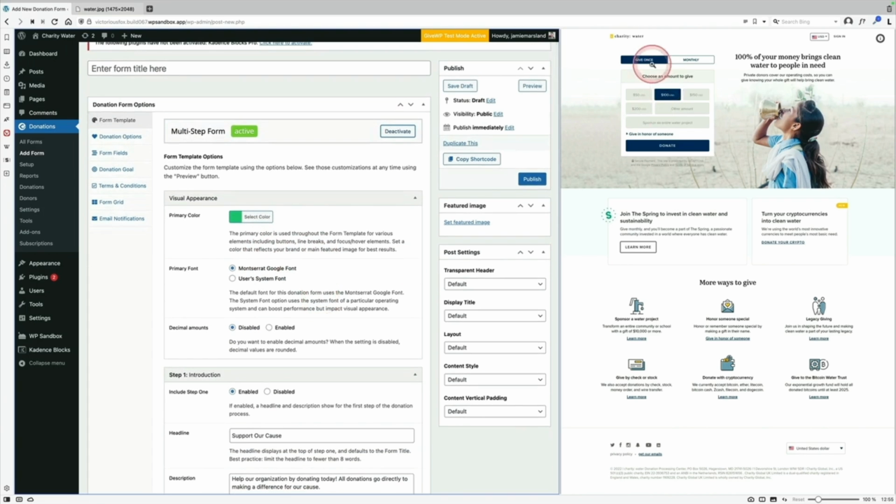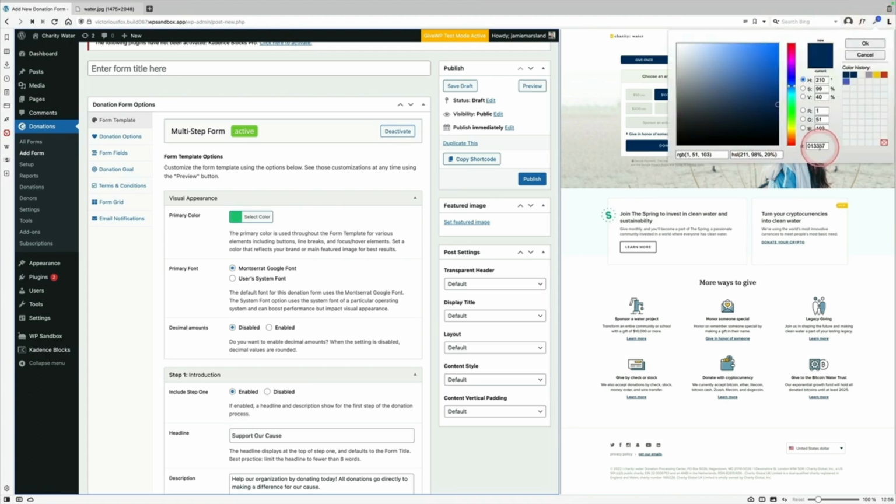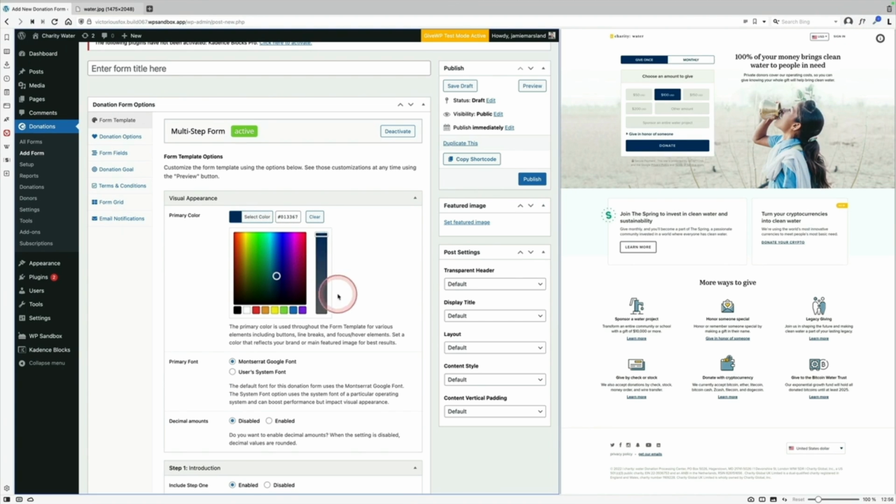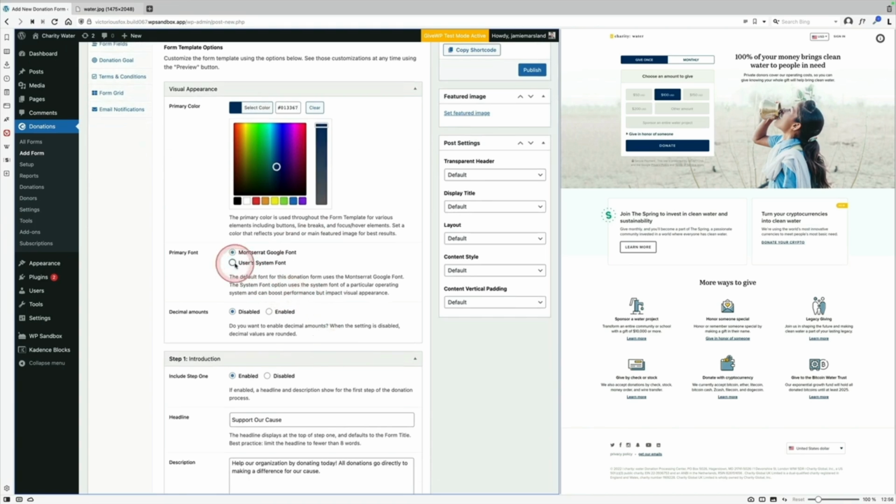So I'm going to pick this color over here on the right, like so. That's my color I want, I think. And I'm going to paste that color in here. There we go, there's my new color. I'm going to use the system font